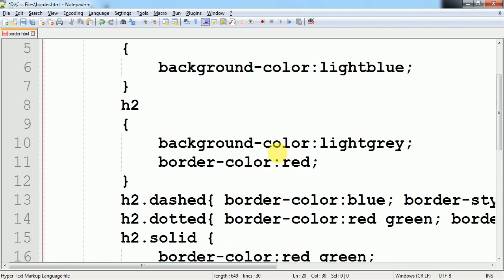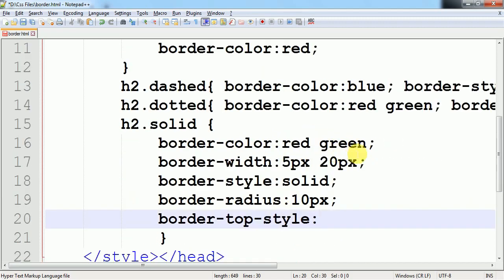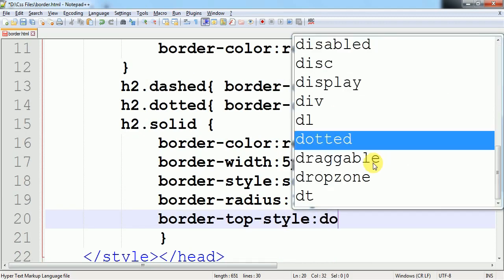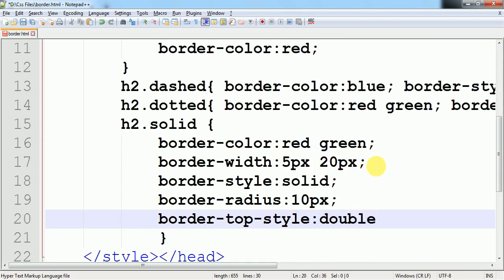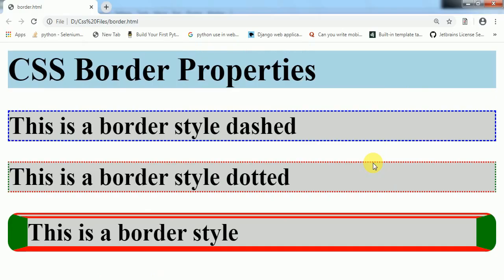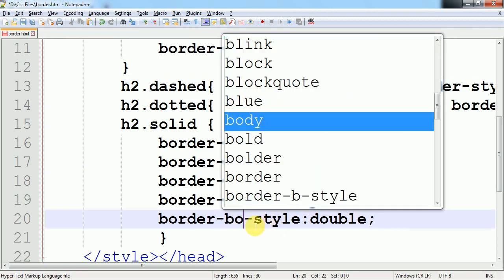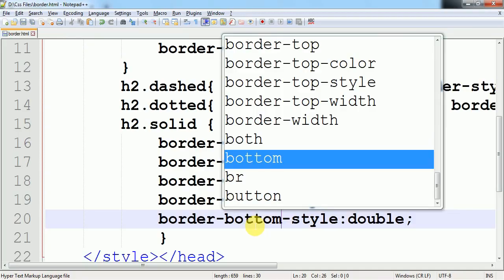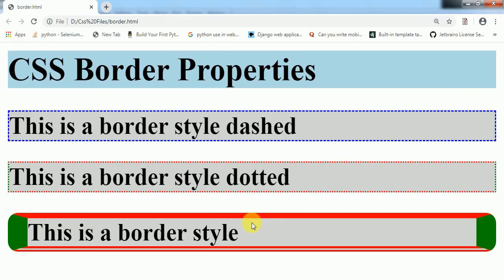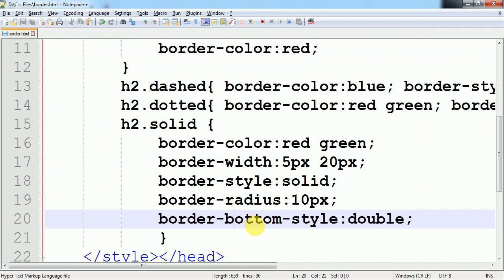So here I want which style I give, double, DOUBLE, double to this one, semicolon. So you'll see that on the top it is double. If I make it bottom, so see the effect, in the bottom it changes. So in the same way we need only to replace this one, left, right, this way.